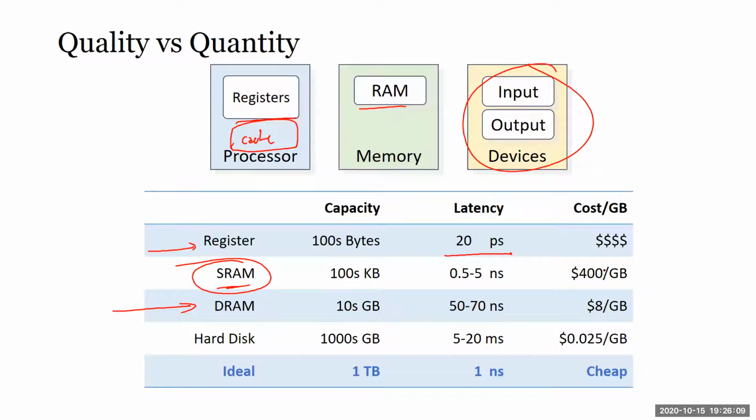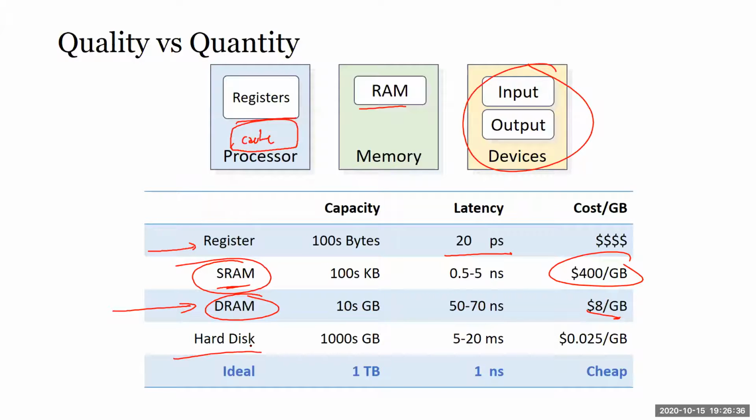The cost of SRAM in recent years is $400 per gigabyte, so we don't have a lot of SRAM lying around. Normally we only have megabytes of SRAM. Then we go talk to DRAM. DRAM is much cheaper, $8 per gigabyte. Could be even much cheaper now. You can buy a stick of 8 gigabyte RAM for $15+.